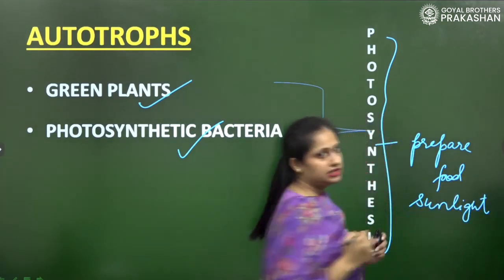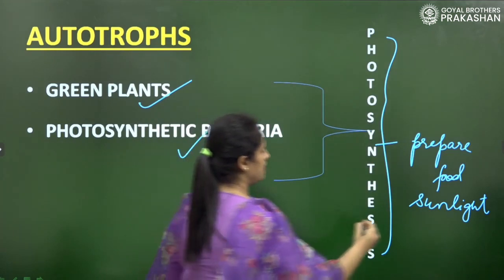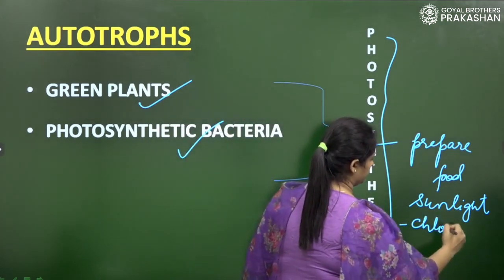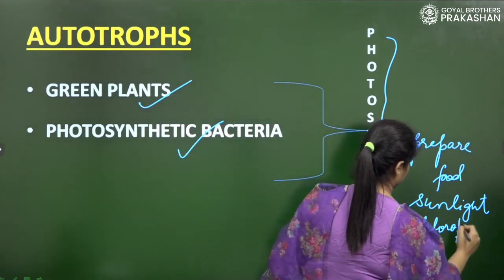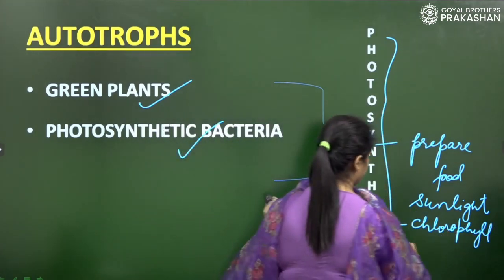Apart from sunlight, there are some raw materials present. For example, chlorophyll, some amount of water,